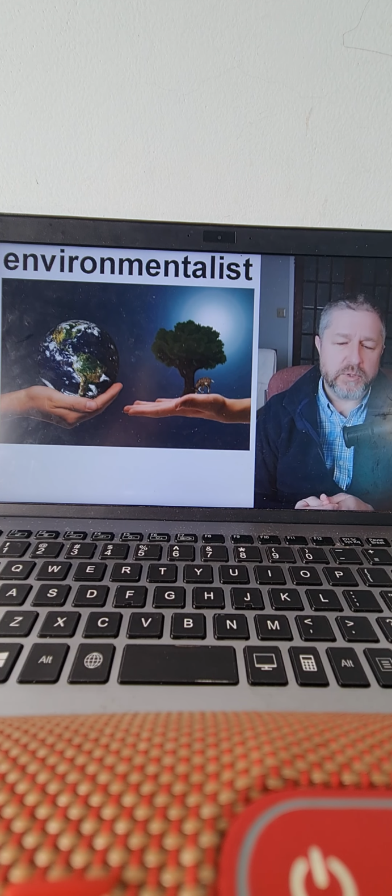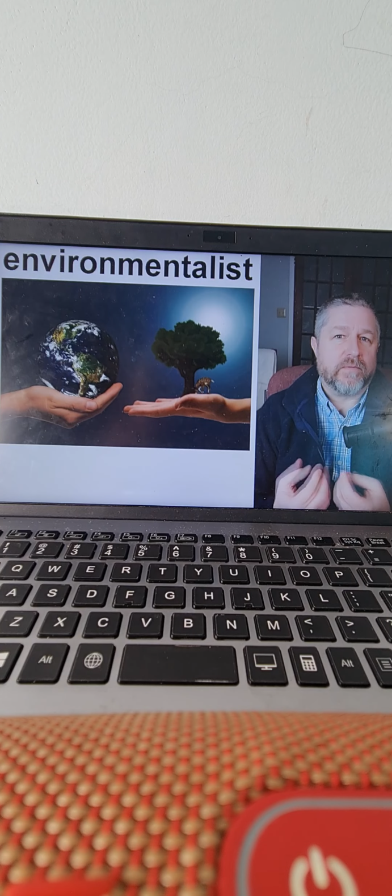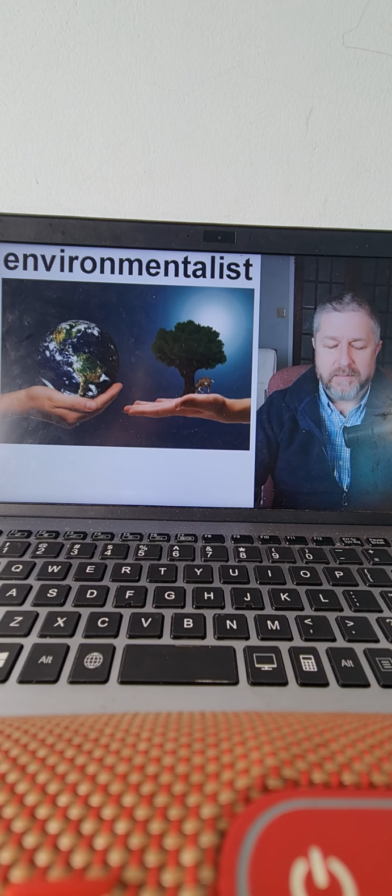So the official term for someone who studies the environment would be an environmental scientist. Okay, so environmental science is the formal study of the environment. Environmental scientists. I'm getting tired of saying the word environmental. It's a hard word to say even for English speakers.